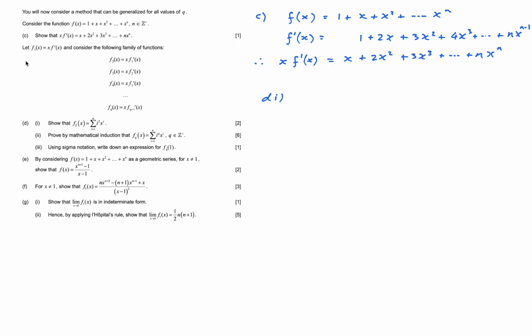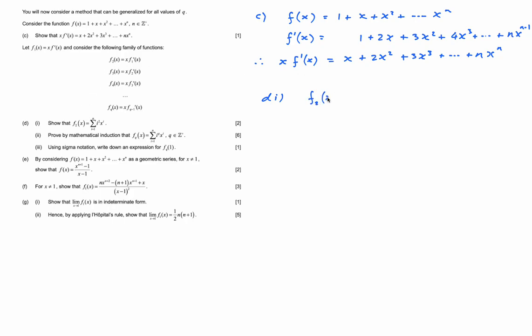Part D, I. It says, okay, we have f1 of x is x f dash of x. Fine. And consider the following family of functions. So this is just a kind of pattern. f2 of x is equal to x times f1 dash of x. f3 of x is x times f2 dash of x. Right, so they've just defined it as this. Fine. It says show that f2 of x is equal to this. Okay, now we know